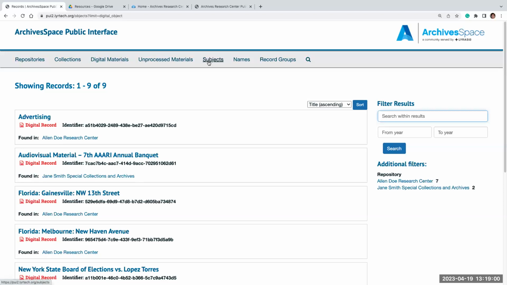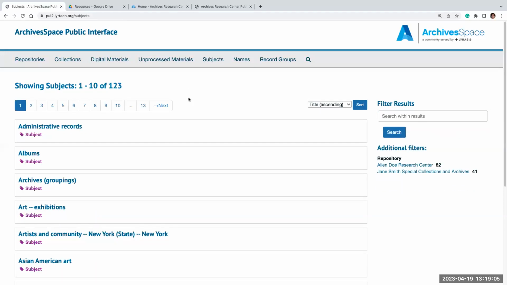And we'll go into one of our repository-wide browsing. So like subjects, these are all the subjects associated with both of your repositories, because you create them for one, it's created for all, and they all appear here. And with this, you get similar filtering, but you don't filter by year because dates aren't associated with subjects. You only can filter by terms, and then you can filter by repository and sort based on title, no date, that kind of thing. And names is similar,